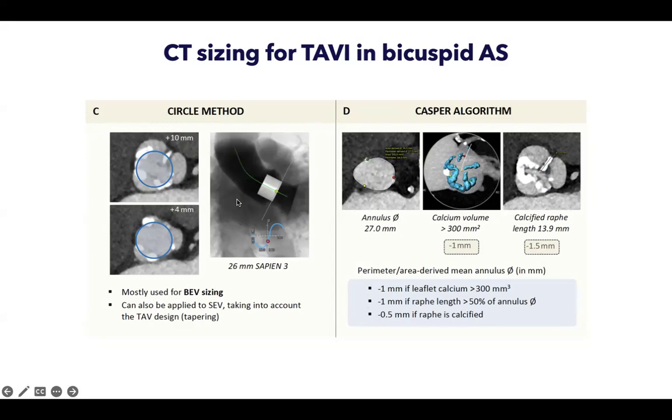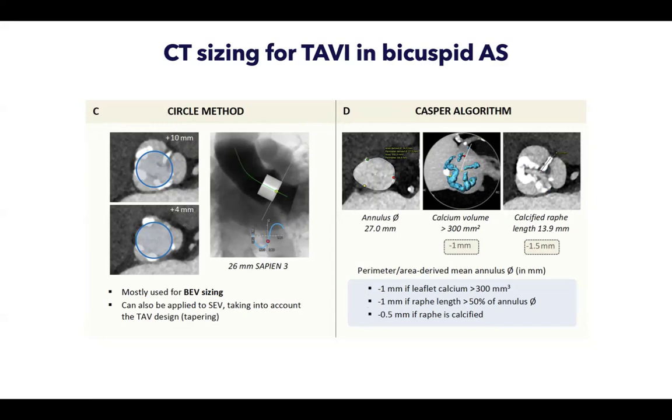So this is of course a great method for balloon expandable. If you go for a 26 Sapien, you simulate the circle of 26 and you really try to see, is this large enough if you downsized, or is it not too big? Do you have a lot of oversize, more risk of annulus rupture? So I like to use that circle method really a lot. I also use it for self-expanding platforms, for sure, for Navitor,